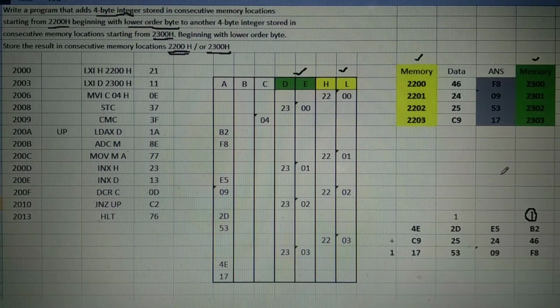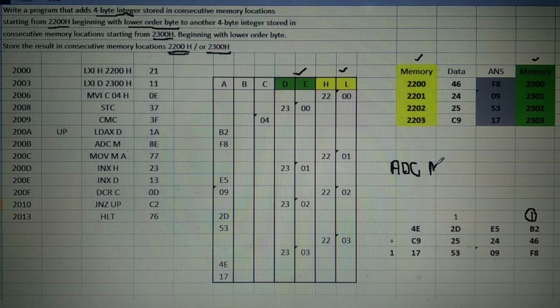Here in this program we are going to use the instruction ADC, add along with carry. M means memory, content of memory added along with carry. If carry is generated from the least significant byte, it is to be added to the next.